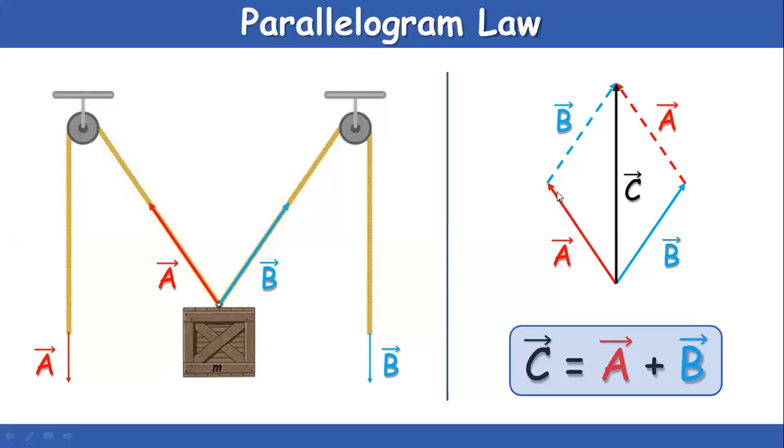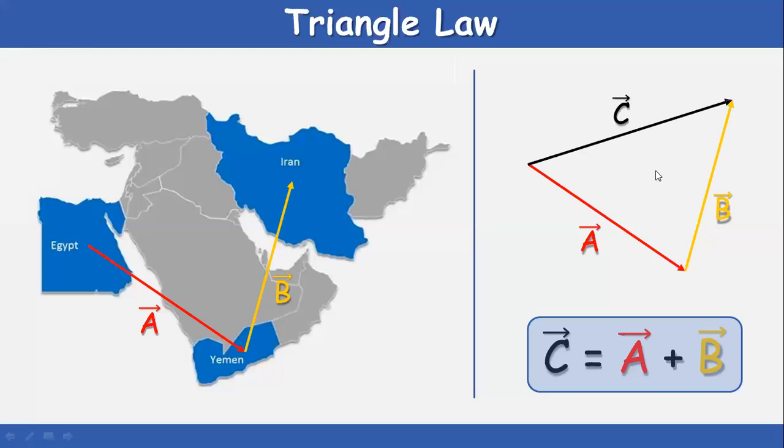Then another thing, we can have a parallelogram. If in the previous figure the end point of the first vector is the starting point of another vector, then it uses the triangle law. Completing this triangle ABC, the third side will give us the addition of these two vectors A and B.